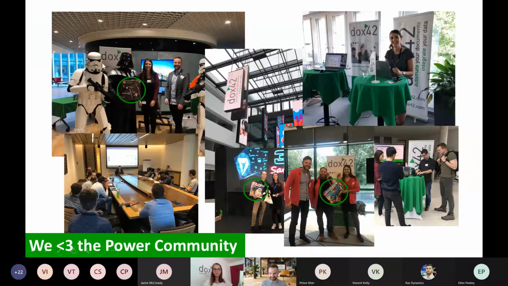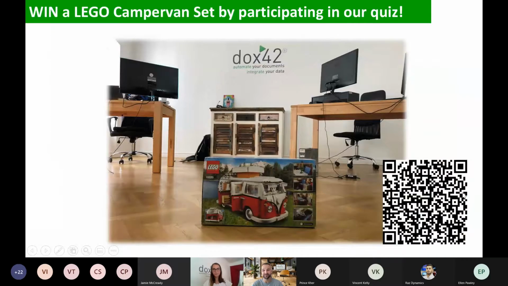So next time we should probably include who this guy is. Raz, do you know who that is? All I know is that he's from the dark side. Yeah, for us, it depends. Sometimes it's the Sith, sometimes may the Force be with you. But in any case, the events are always great fun.